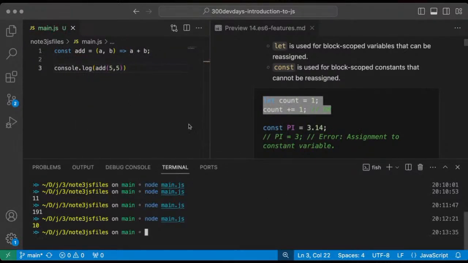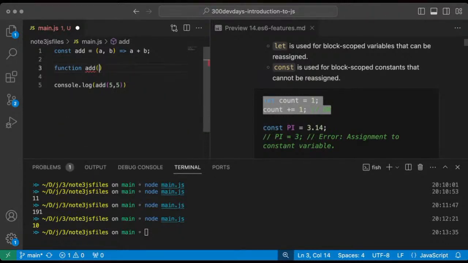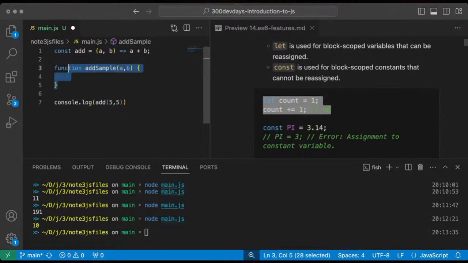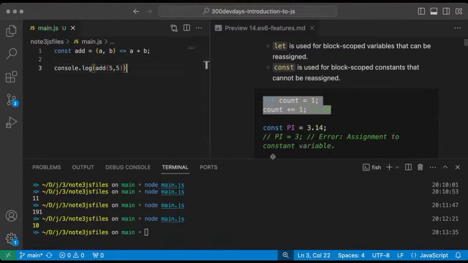So this is basically how we work with arrow functions. We don't need to have the pair of braces, right? Just like when you're creating a regular function. So instead of doing something like this, where you have a comma b, let's change this to add sample. Instead of doing something like this, you can just go ahead and work with the arrow function, because you're sure that your operation here is going to be a one-liner, right? So this can actually give you a short form of writing functions that are meant to perform very simple actions, right?